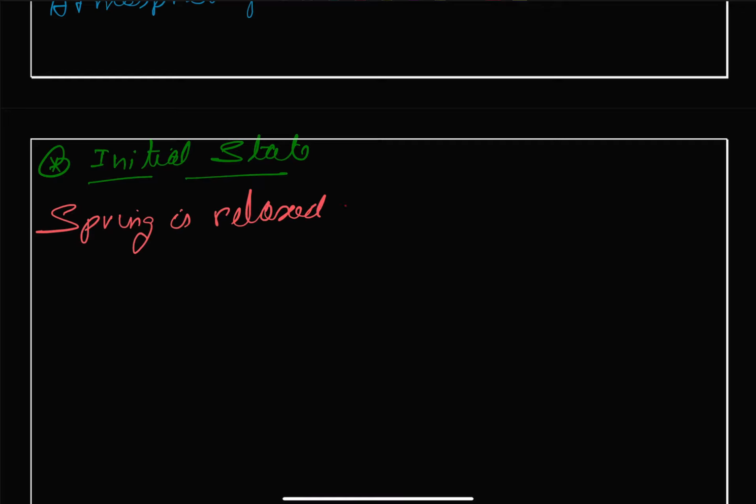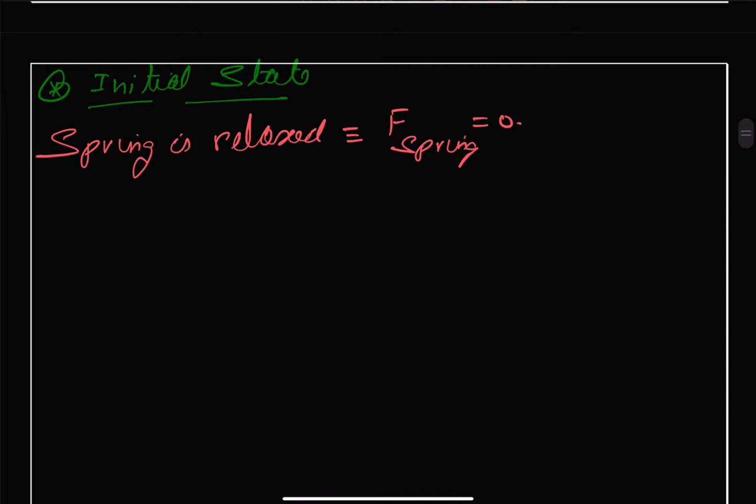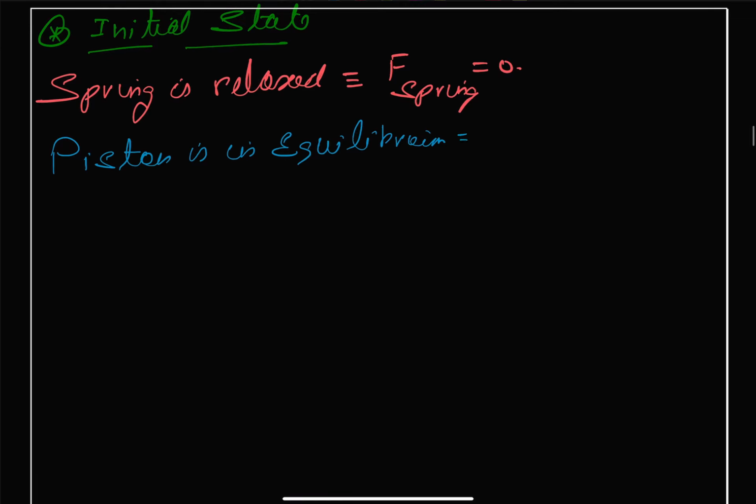If the spring is relaxed, the force because of the spring will be equal to 0, and the piston is in equilibrium. Therefore the initial pressure P1 should be equal to the atmospheric pressure PA, that is 1 into 10 to the power 5